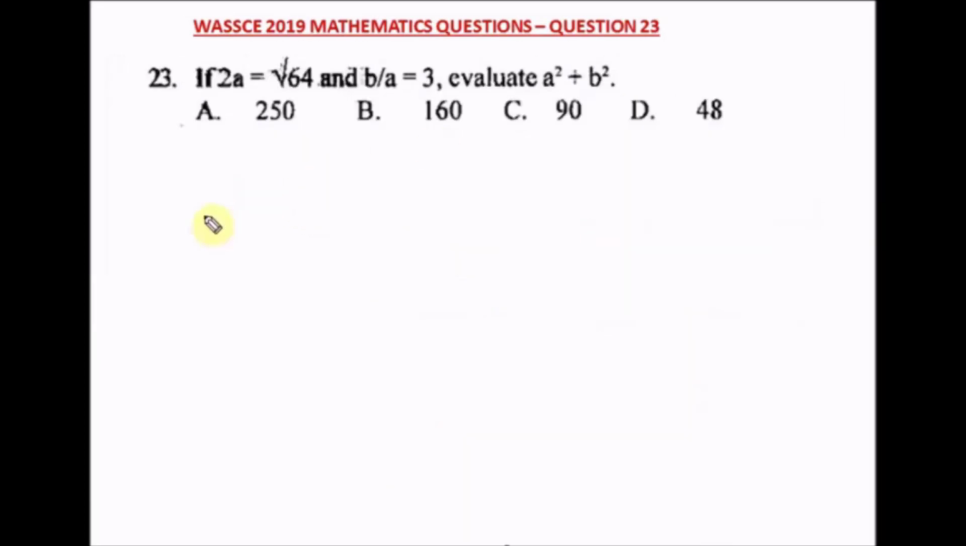Question 23 of the WAEC 2019 Mathematics Past Question. It says if 2^a is equal to 64 and b divided by a is equal to 3, evaluate a² + b². So let's look for a, then let's look for b, then we evaluate this. Sorry, there's a typo here. This is supposed to be 2 raised to power a,